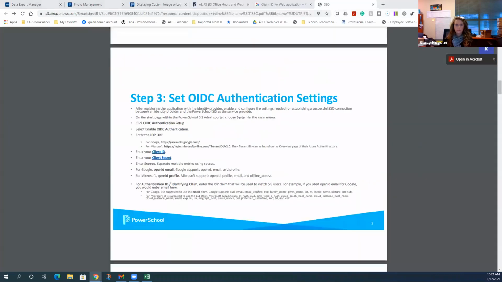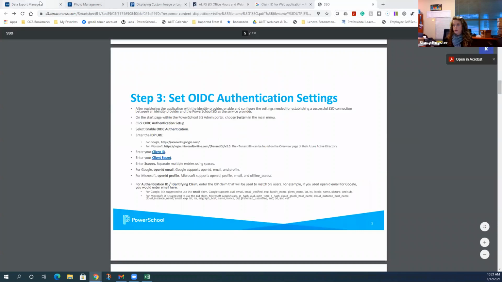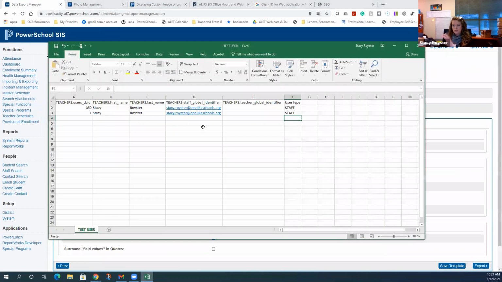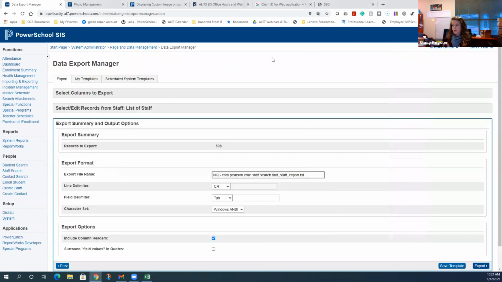All right, I'm gonna move my production back out of the way. Go back here. All right, so you have that file with your email address inside of it. Correct? Everybody has their file saved somewhere. All right, what we're gonna do now is reverse the process and import that file where we just pulled it out with Data Export Manager. We're going to import it with Data Import Manager. So back under importing and exporting,